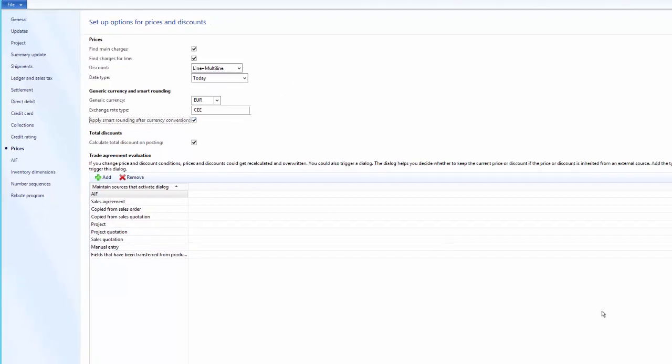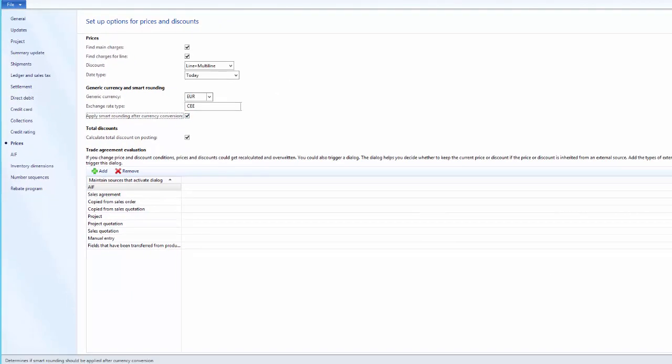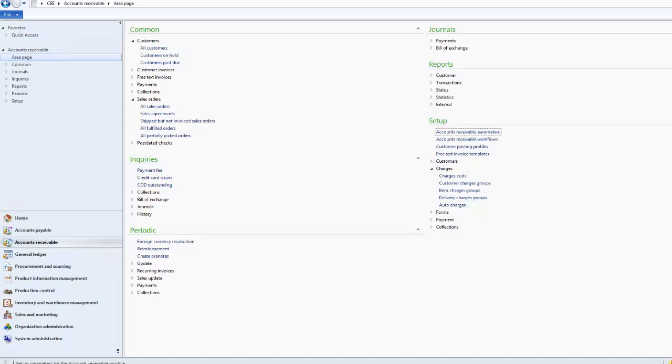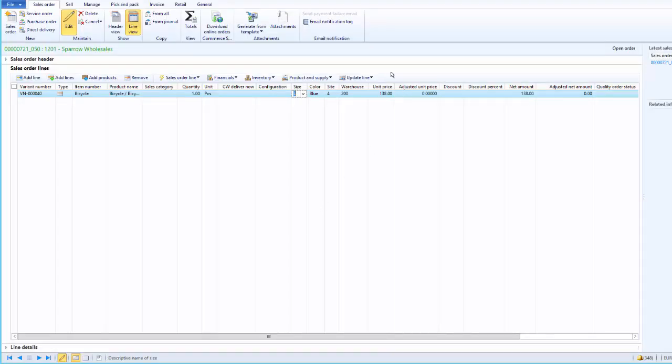So we keep this checkbox checked and close this one. That means for the price of 138, the one which has been converted from the trade agreement, the smart rounding principle will also be applicable and the price will get converted accordingly.